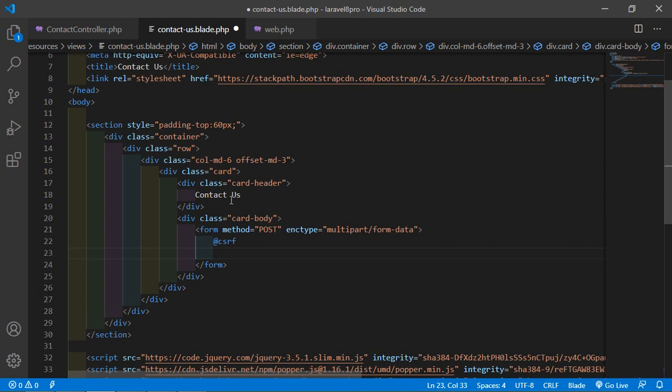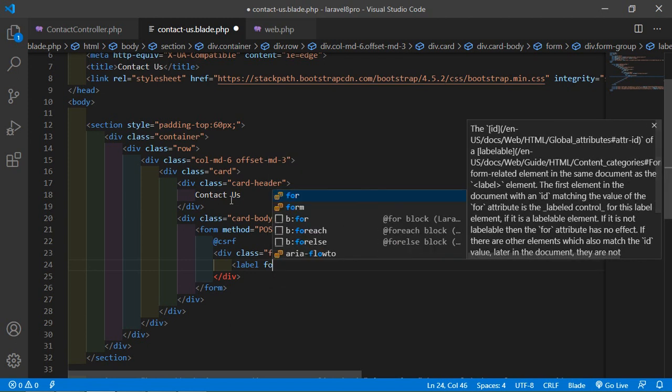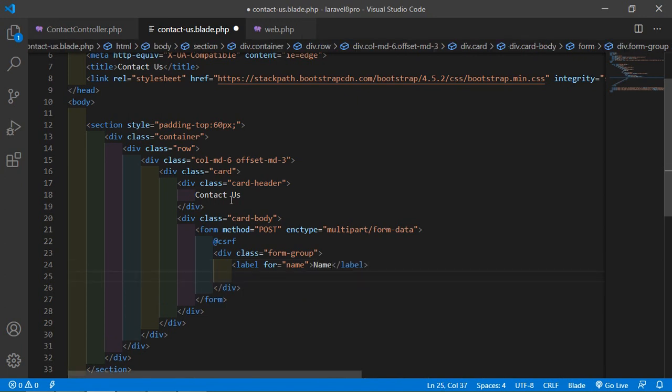Okay, so just write form-group, then add a label for name and just add Name here. Okay, now add the input, type is equal to text, and name is equal to name. Add the class name, class is form-control.